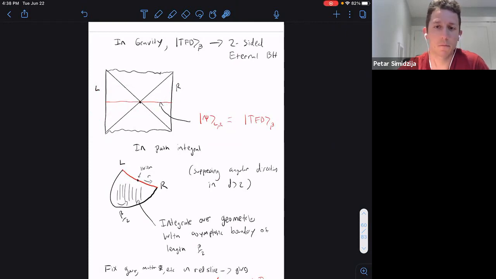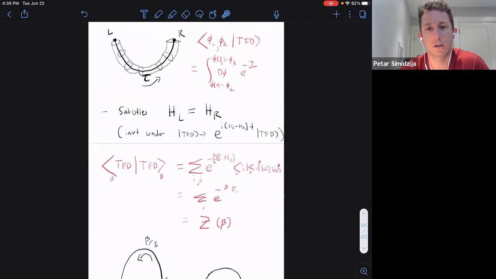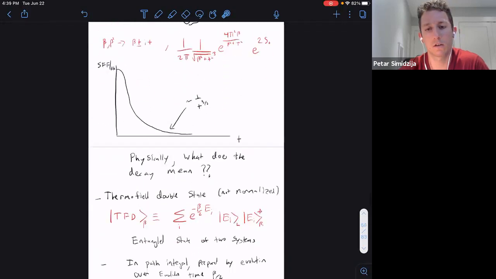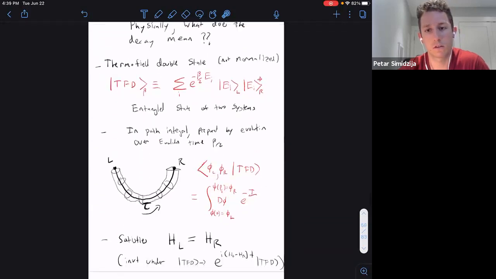Okay, I might have missed something, but when did we invoke AdS/CFT? I thought we were just studying JT gravity. So yeah, sorry, maybe I should be clear. So we were studying JT gravity up until this point. Now let's forget about JT gravity for a moment, and I'm going to tell you a general fact about AdS/CFT. Which is that if you take this thermal field double state,